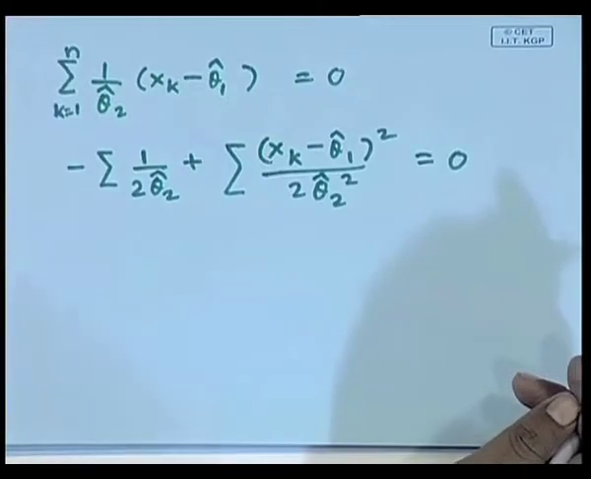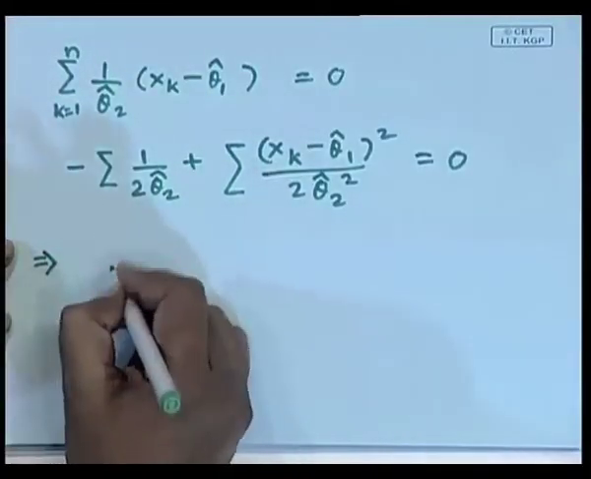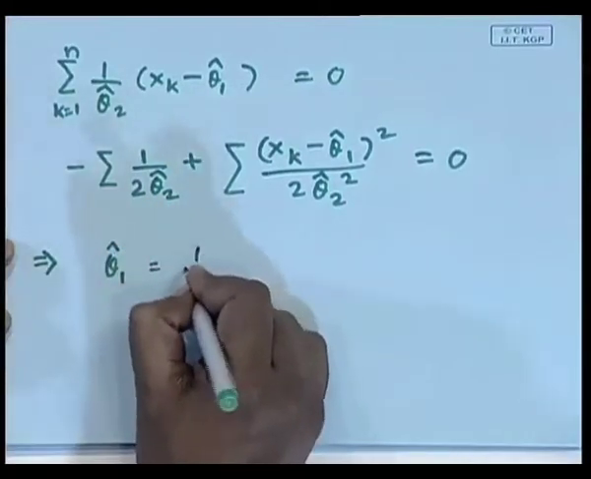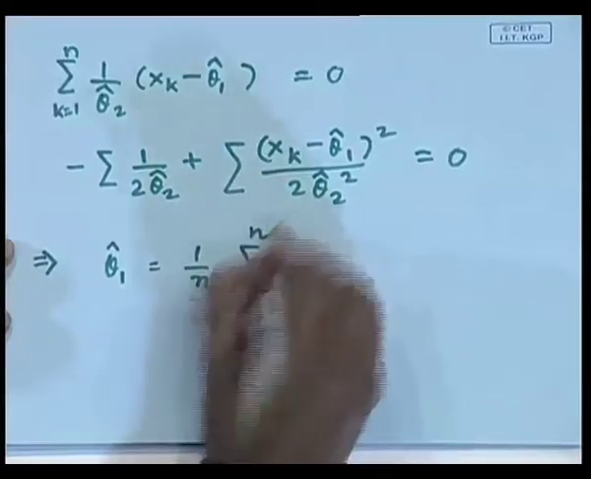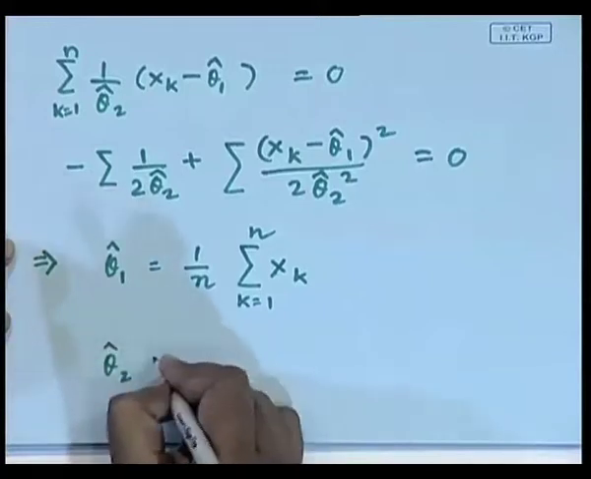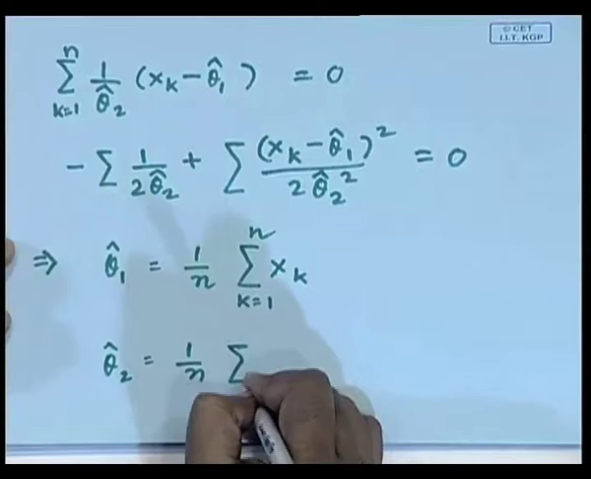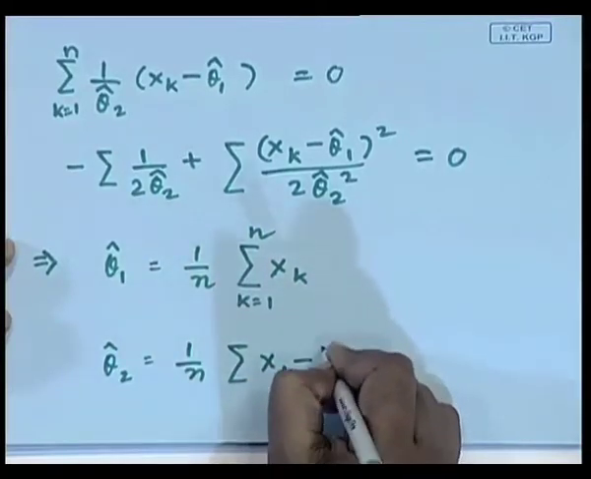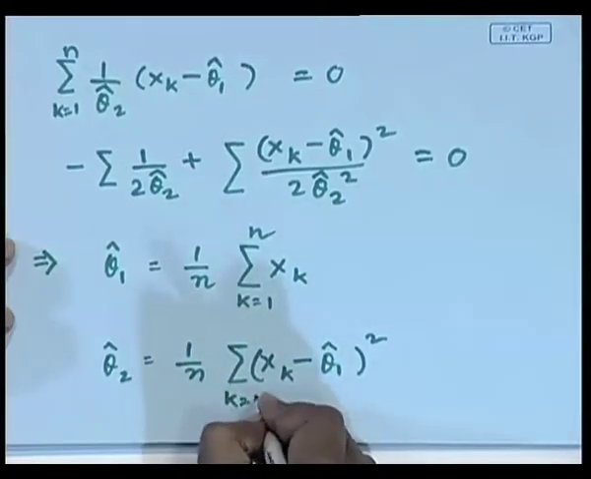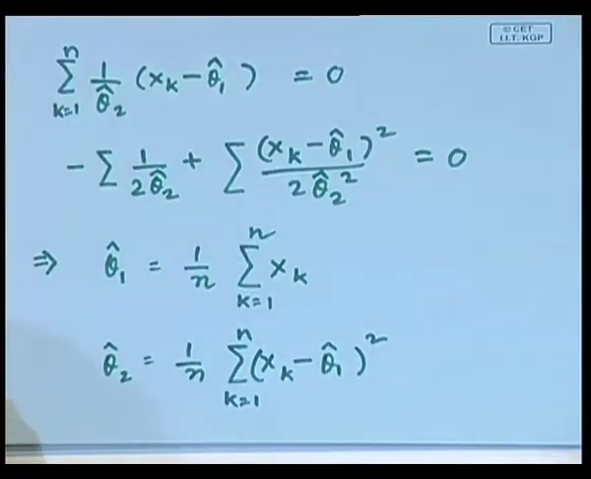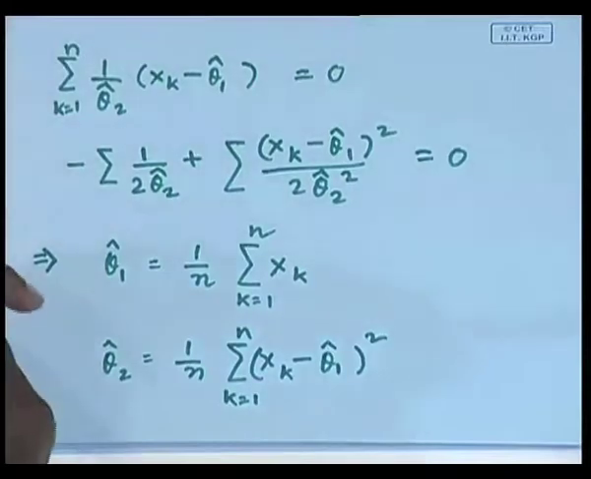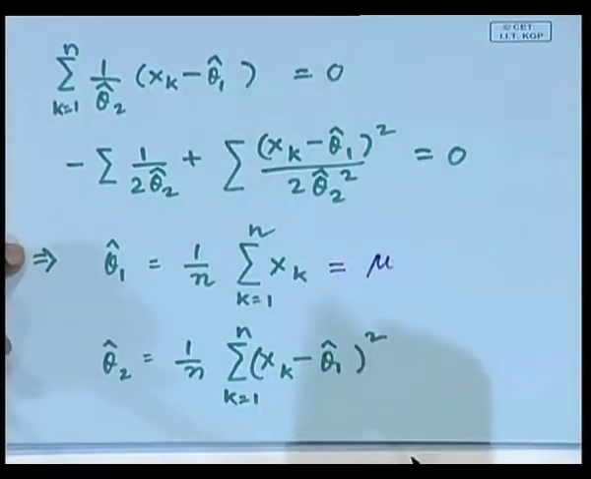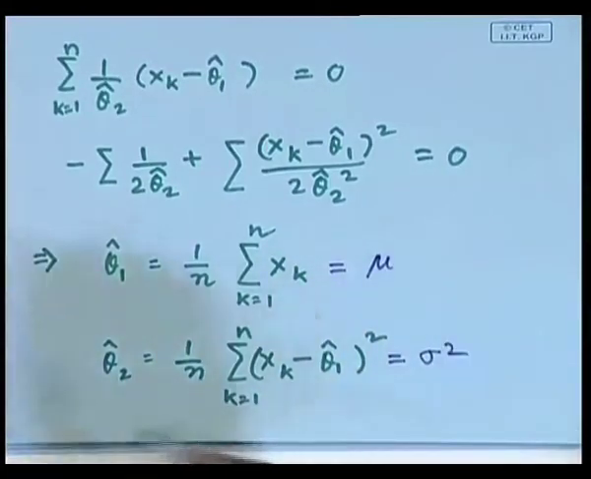Okay. So, I have to solve these two simultaneous equations, and when you solve them, you will get an answer of the form theta 1 hat is nothing but 1 upon n summation of x k varying from 1 to n, okay, and theta 2 hat will be nothing but 1 upon n summation of x k minus theta 1 hat square, where k varies from 1 to n. Okay. So, simply by solving these two equations, I will get these two solutions, right, where you find that this is nothing but mu and this is nothing but sigma square. Okay. So, that